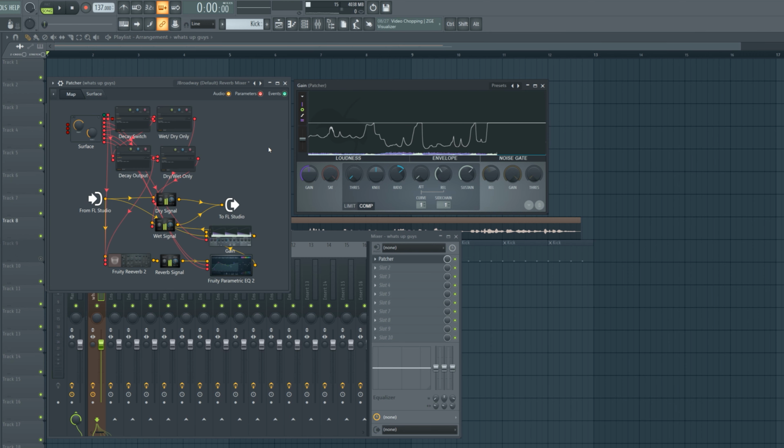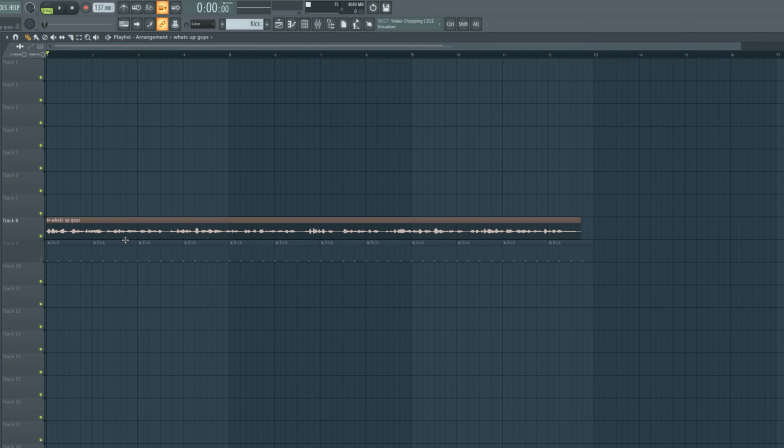Okay, this also works for external instruments. I'll show you guys how to map that into Patcher. So first thing I'm going to do is disconnect our input 1 here. I'm going to go to our playlist here and enable this kick that I have. And we're going to sidechain this kick to the wet signal of the reverb. So all I'm going to do is